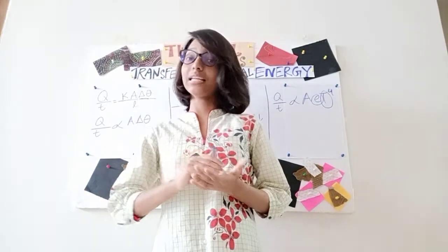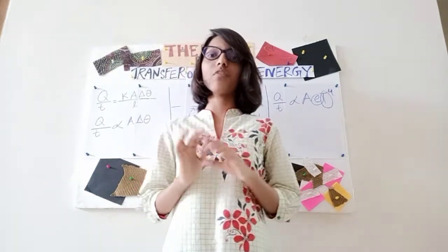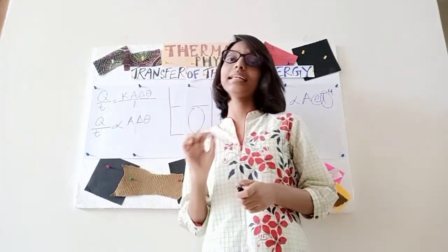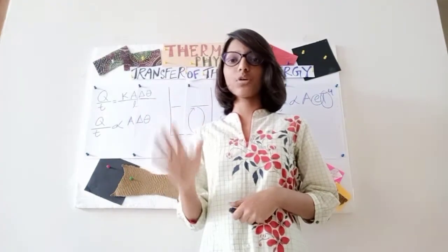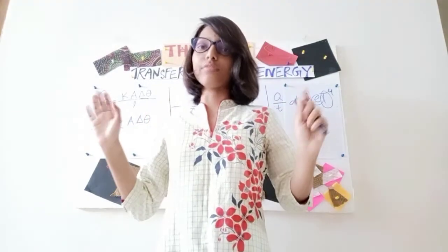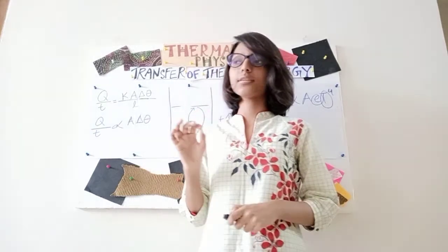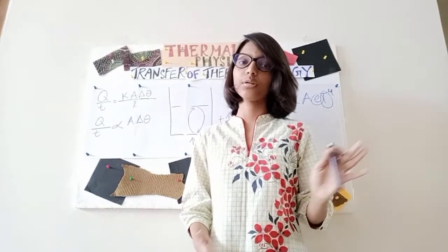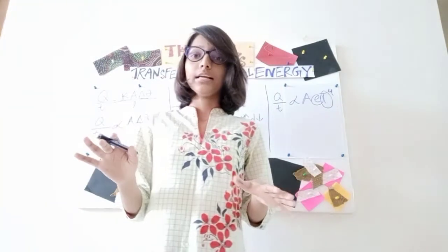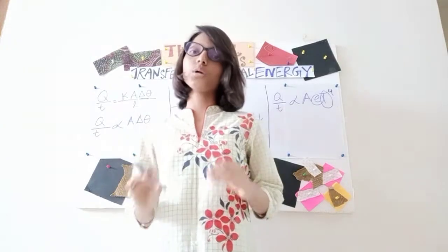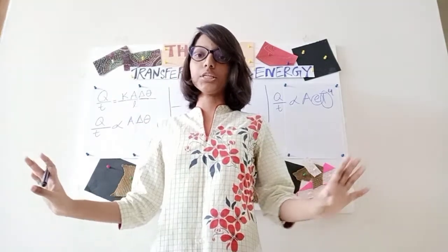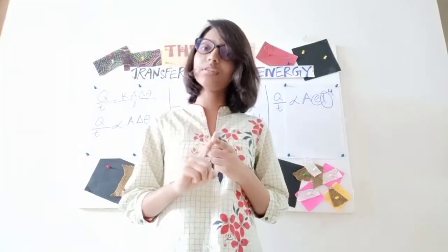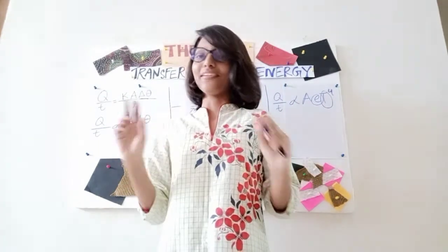Alright, so this is basically dependent on the color and the texture of the surface of the object that is losing heat. So black and dull surfaces are very good absorbers and good emitters of infrared radiation, whereas white surfaces and very bright surfaces are basically better reflectors of infrared radiation. And in fact, let me state a fact: all good emitters are good absorbers of infrared radiation, and that is why black and dull surfaces are both good absorbers and good emitters of infrared radiation.